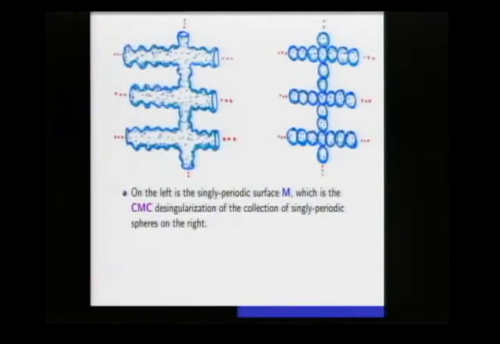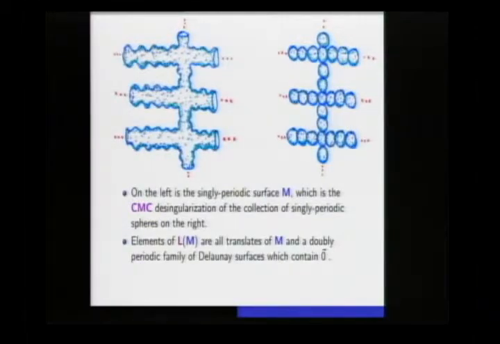And it's singly periodic. So one of the limits, since it's periodic, is itself. I could take the translations of it and bring those points down. So it's one of the elements in T of M, for example, or L of M. Okay, that's one possibility. Right. So either your translates of this, or you get a